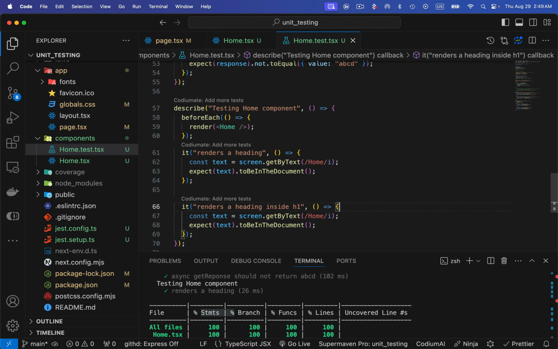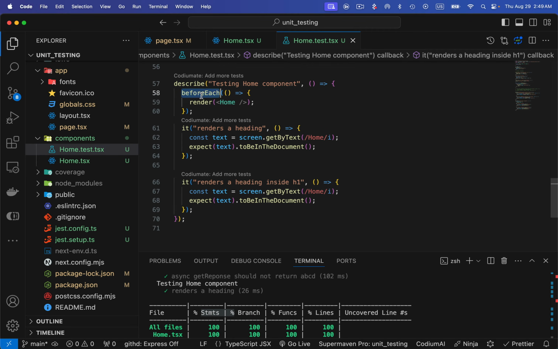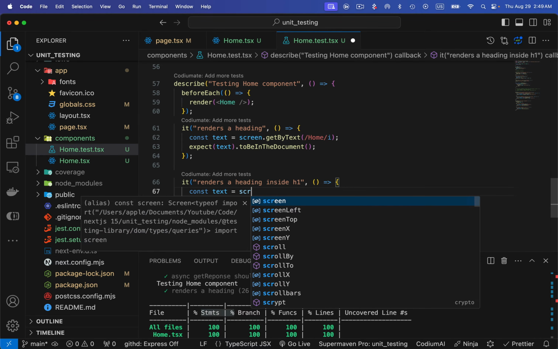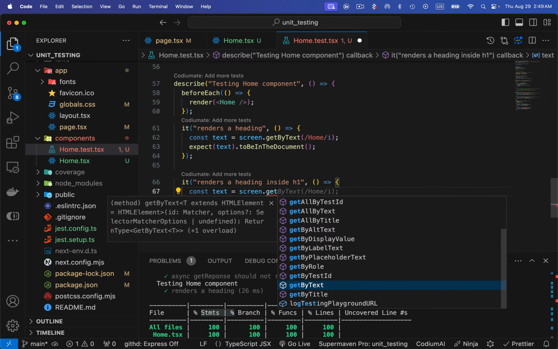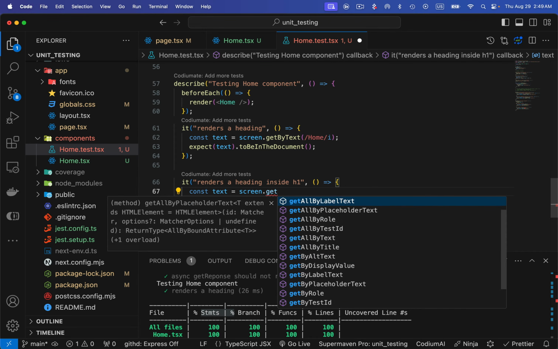All right, so this is how it's working. This is the benefit of it. So everything is working. Now let's come over here. So I can write screen dot, and there is a pre-built function. If I write get, you will see that it is providing us a lot of different functions that we can